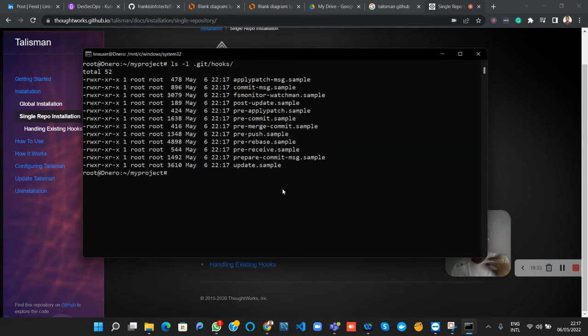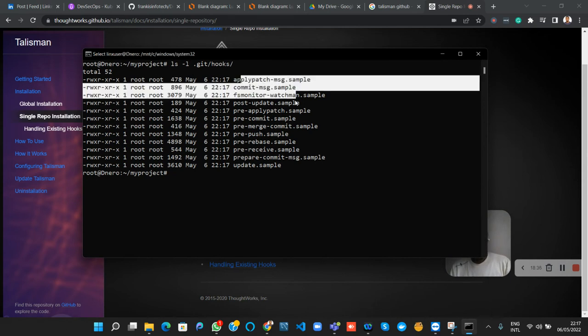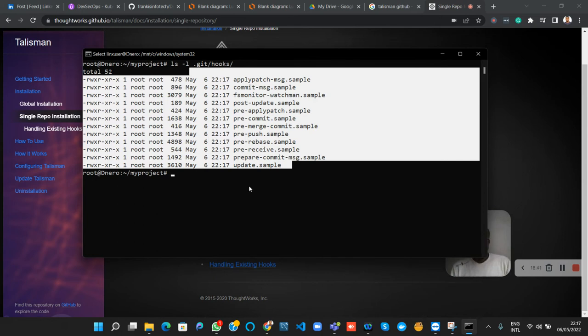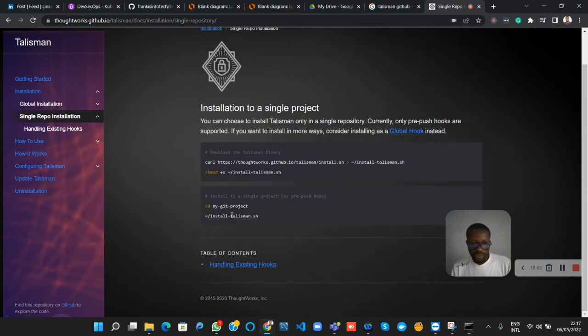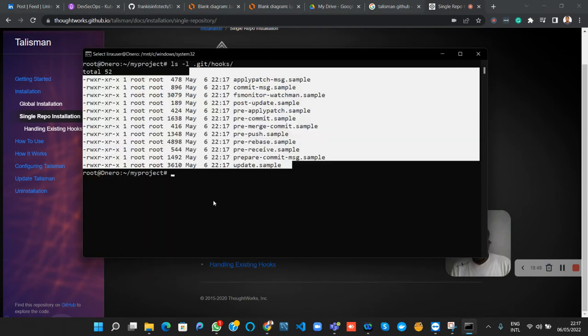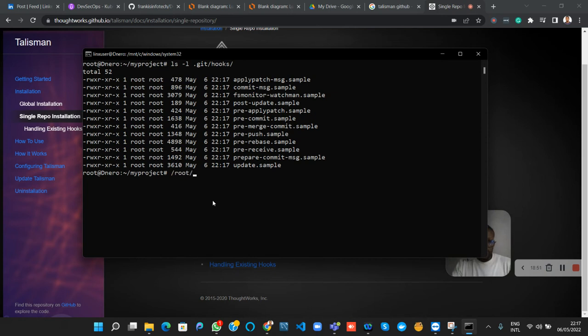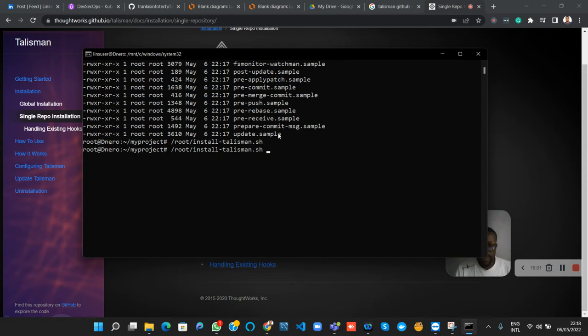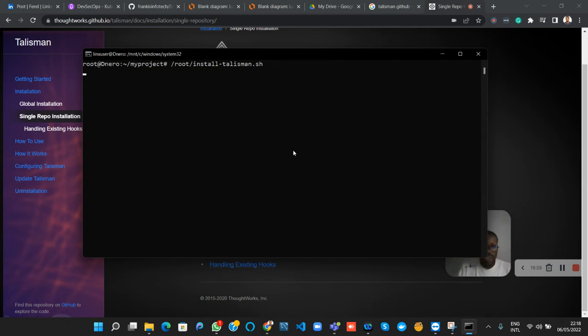You can see I have sample hooks. These are all sample hooks. Now we need to install the Talisman hook. To do that, I'll say /root/install.talisman. The moment I install Talisman, it will automatically populate this .git/hooks directory with a pre-push hook. So if I hit enter,